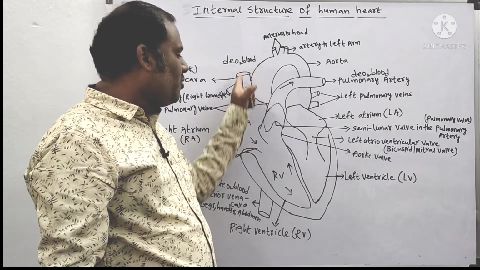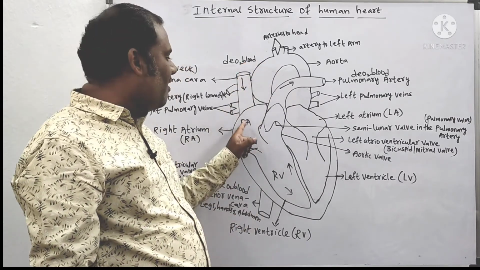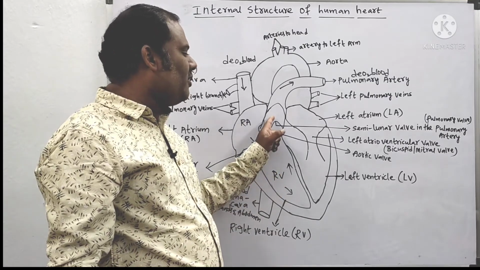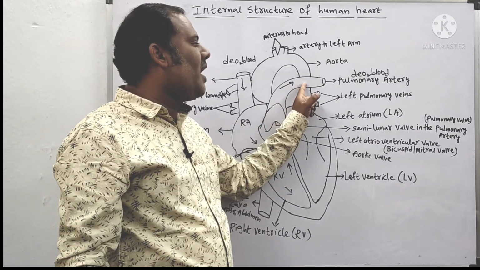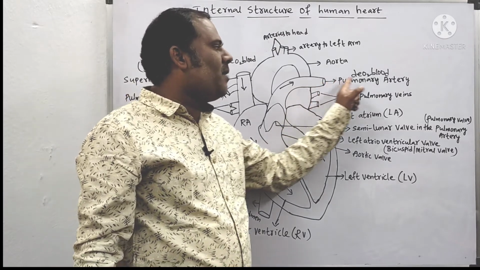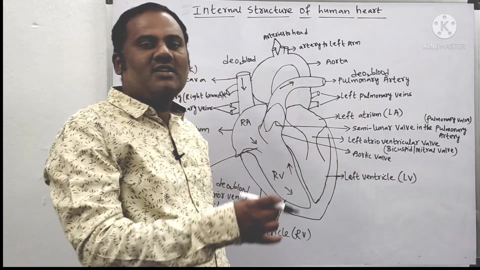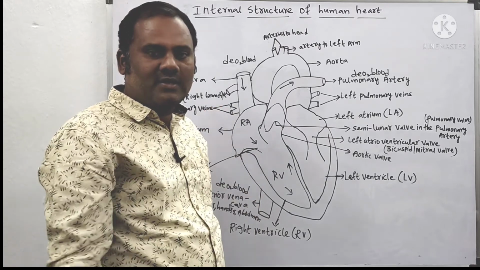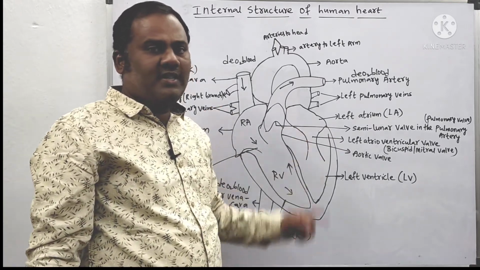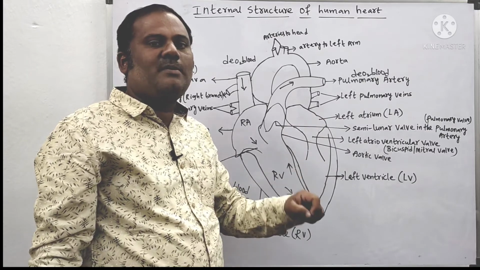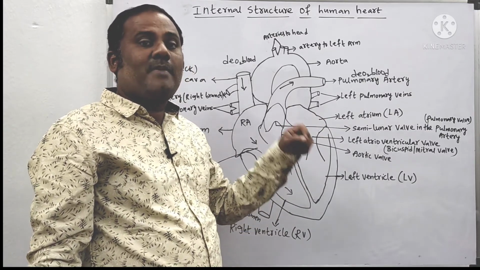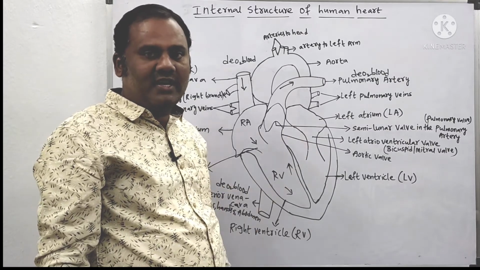Right from the superior vena cava and inferior vena cava, bringing blood into the right auricle, to the right ventricle, to the pulmonary valve, to the pulmonary artery, to the lungs. The total deoxygenated blood from all the parts of the body is carried towards the lungs. You know that in chapter 2 you learned the deoxygenated blood gets oxygenated by the exchange of gases, by the process called what? Diffusion.